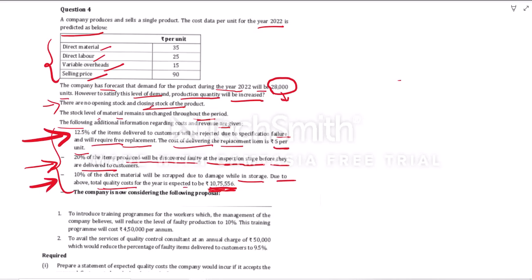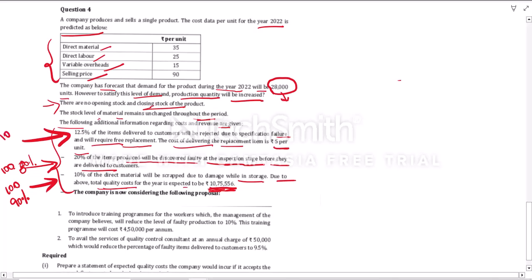It means that if we buy 100 units, only 90% will be good units and 10% will be defective. From 100 units, if they produce 100 units, only 80% will be good units. And in the third point, if they sell 800 units, only 87.5%, I guess, 100 minus 12.5, will be accepted by people. The remaining will be rejected goods. So